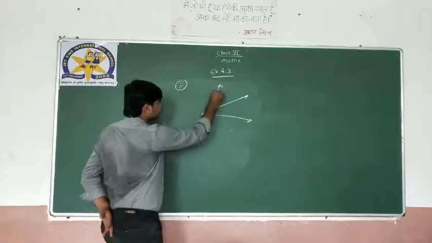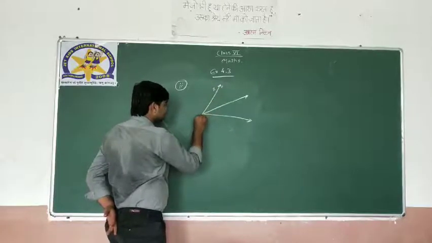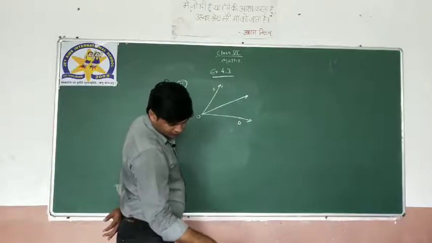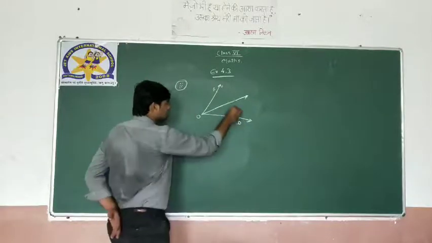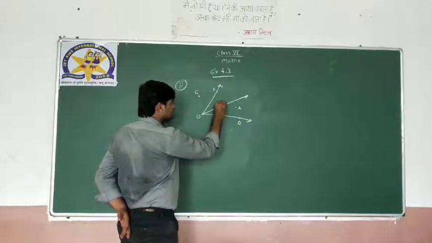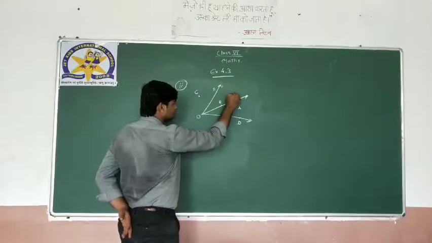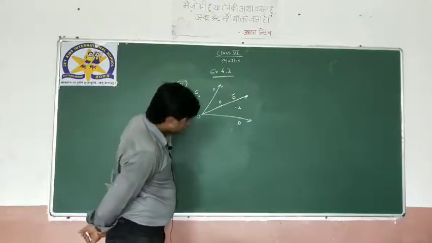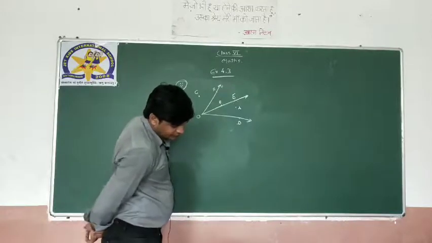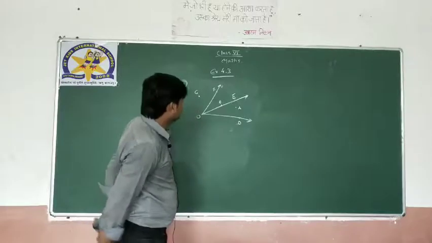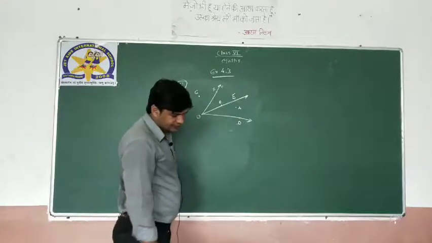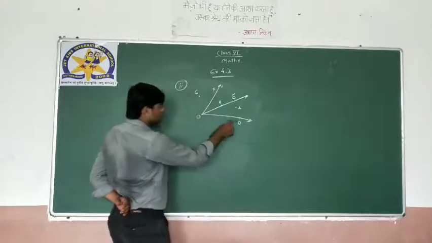FOD, ACBE. Okay, so this is the diagram given. Okay, and first, A is in the interior of DOE. You have to name the points or point. Okay, so in the interior of DOE,